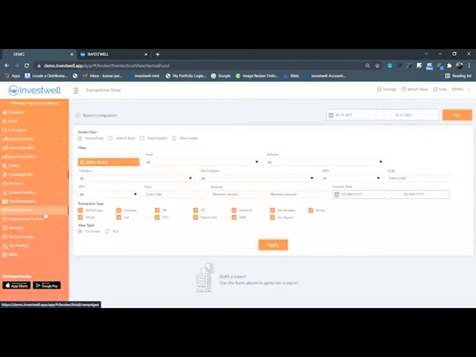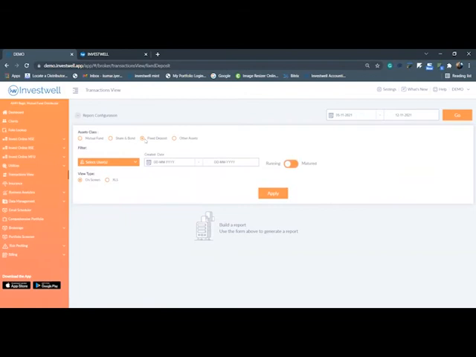Can I see? You can see, sir. There is an option called transaction view. You can choose the product on top, and you can choose the RM here, and choose the date range here. Then click on apply and you can get the output. Okay, then fine. Thank you. Okay, thank you, sir.